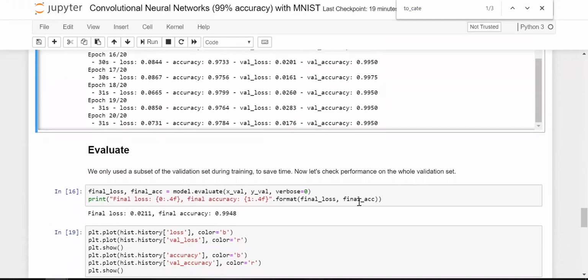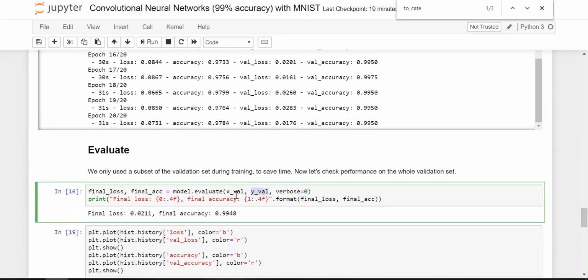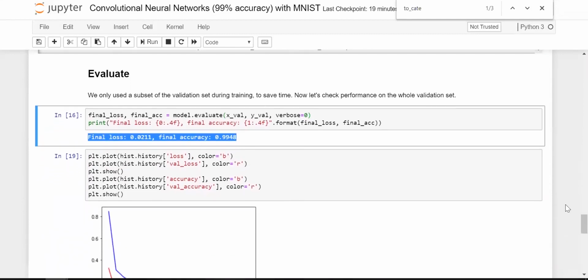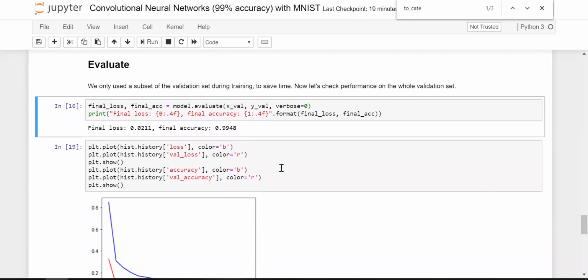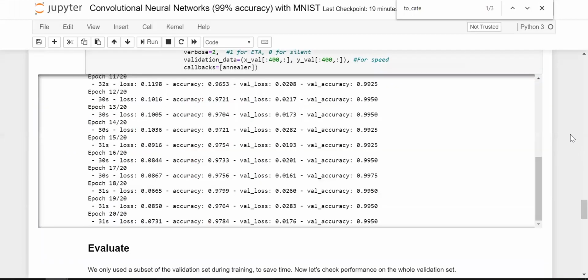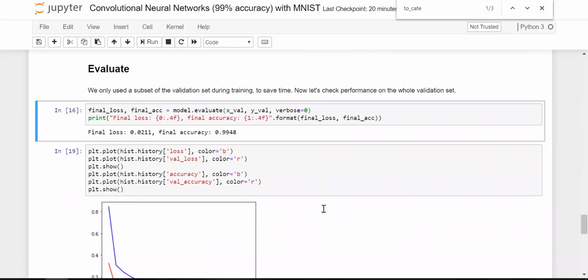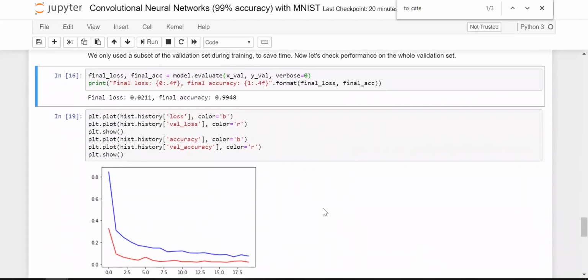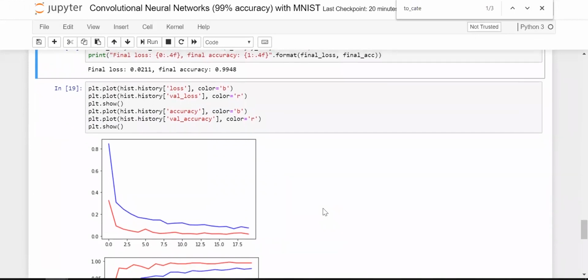And this is the evaluation part, where we take the validation data which we have separated before, xval and yval. This is data the model has never seen before, and we have calculated the loss and accuracy in its prediction. It's noticeable that even when validating with data the model has never seen, it performs quite well, with an accuracy of 99.48%. Really good. This is the beauty of neural networks over other conventional ML algorithms. These are the plots of the variation of loss and accuracy over the training period.